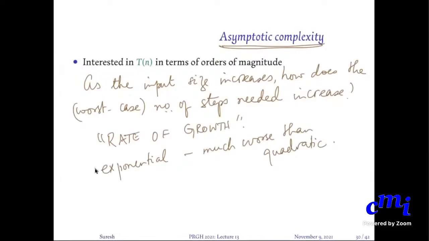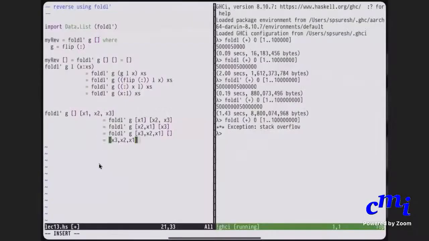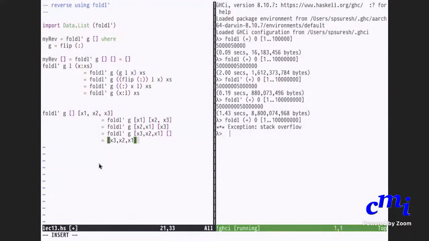Why am I wasting all of our time like this? Let me just go to GHCi and show you what it is. That's much better. You're able to see the screen, right? Yes, sir. Yeah, so sorry.